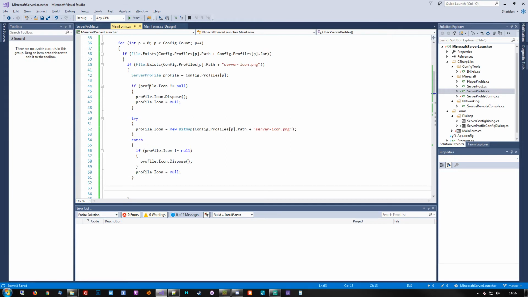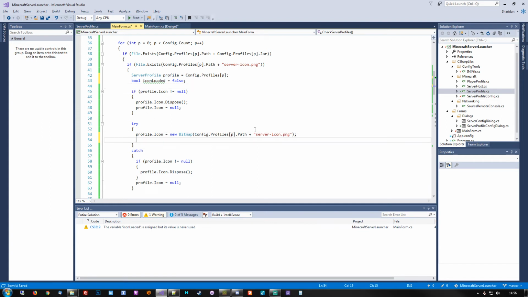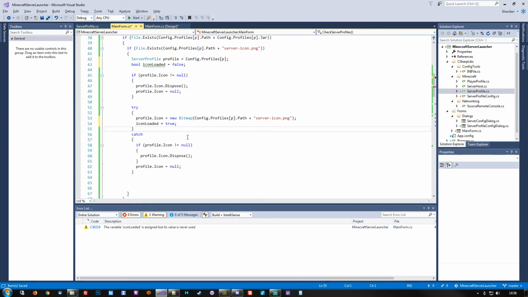Next up, we could actually add in a quick flag here to determine whether the icon was loaded or not. There. If this succeeds, then we should be able to set this true, and it will then indicate to us that we actually did manage to load it, which means we need to update it. Okay, if we didn't load it,